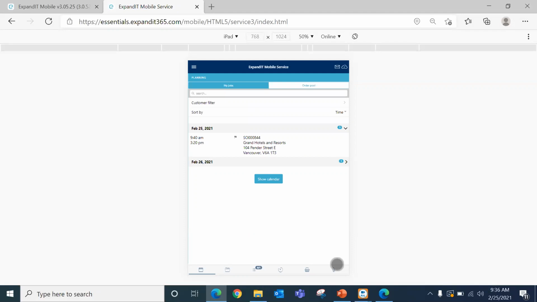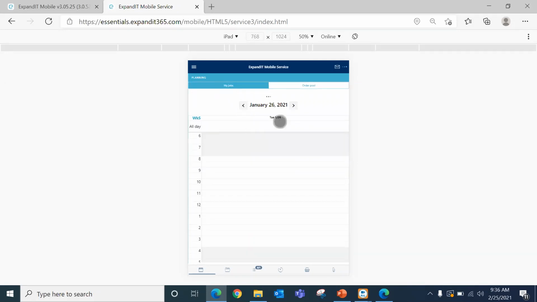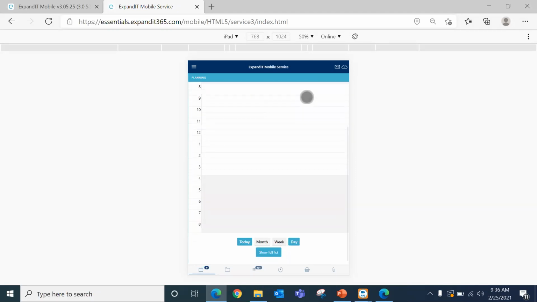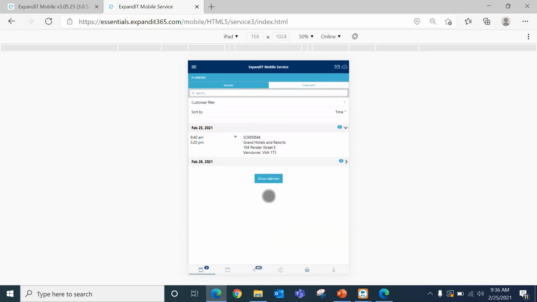So the first one we have is planning, and this is to see what jobs are scheduled. You can see it in a calendar view. You can see it, let's click calendar, let's say. You can see this in a calendar. You can see it in a list view. You can see it by month, week. I tend to always use show list, and this will show you your entries. It gives you a little bit more information, in my opinion. So go ahead and select the job that you are going to want to work on. So I'm going to select the one for today,